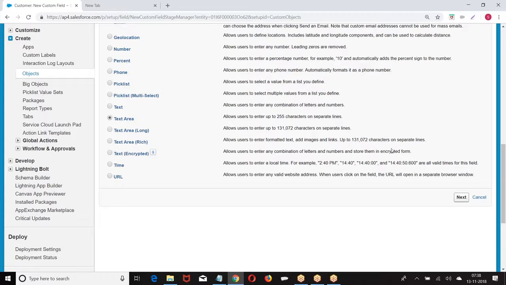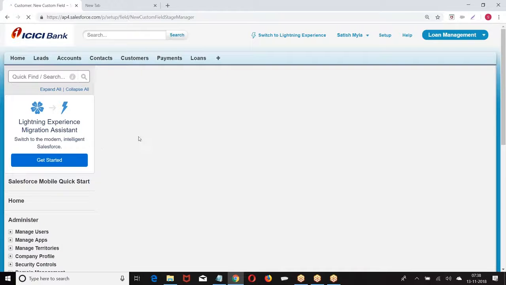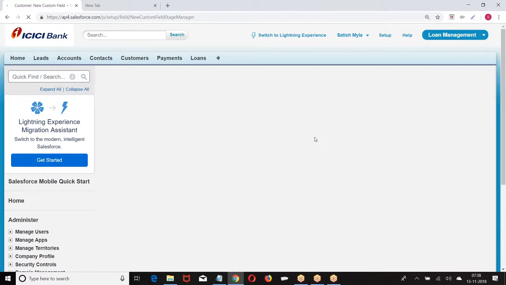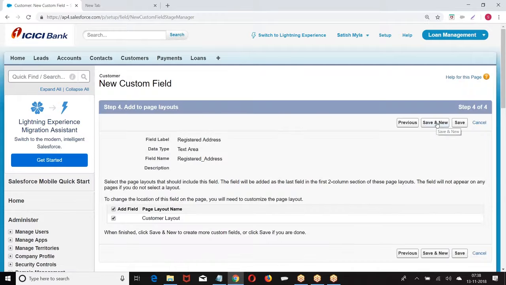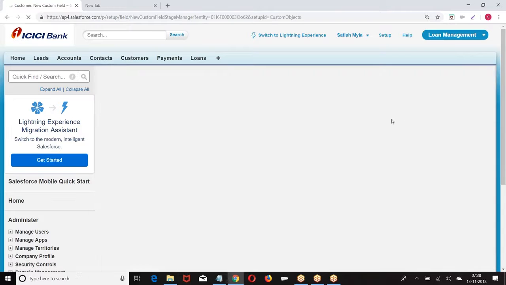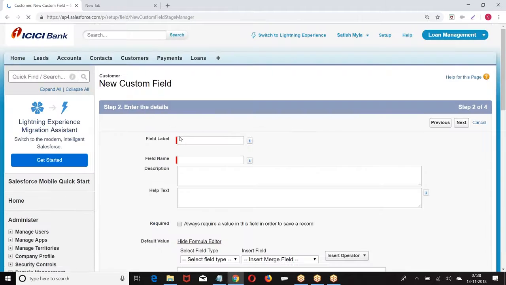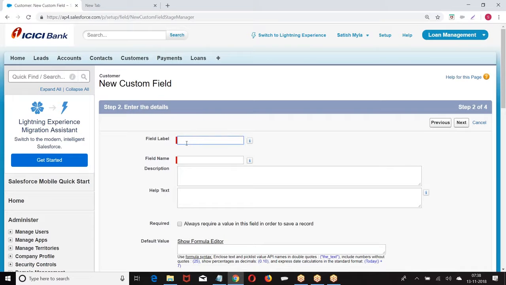Address, text area. This is a company. I'll be asking about registered address. Then again, text area. Next, billing address.